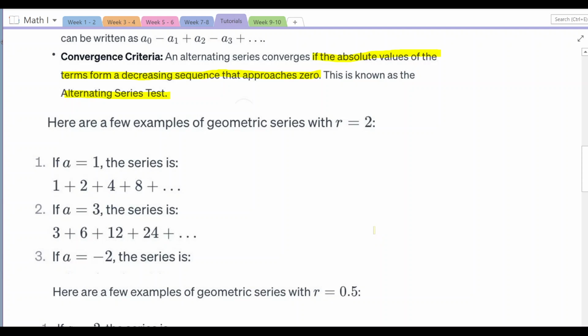Okay, so these are examples of each of those series. Number 1, geometric series with r, for example, 2. So 1 plus 2 plus 4 plus 8 plus and so on. As you can see here, the ratio between the second and the first is always 2, and the third and the second is always 2. 8 divided by 4 is also 2. So the ratio is constant, in this case 2. If a equals 3, then starting from 3 plus 6 plus 12 plus 24 and so on.